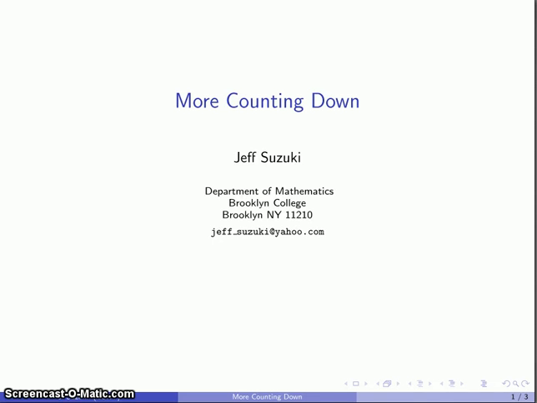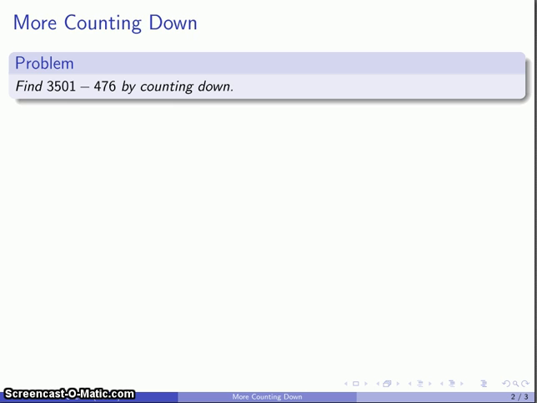So if we're subtracting by counting down, we don't actually need to write out all of those arrows. We can get away with just writing down the appropriate number sentences. So let's take a look at the problem. Find 3,501 minus 476. We're going to use the counting down method, but this time we're going to not draw